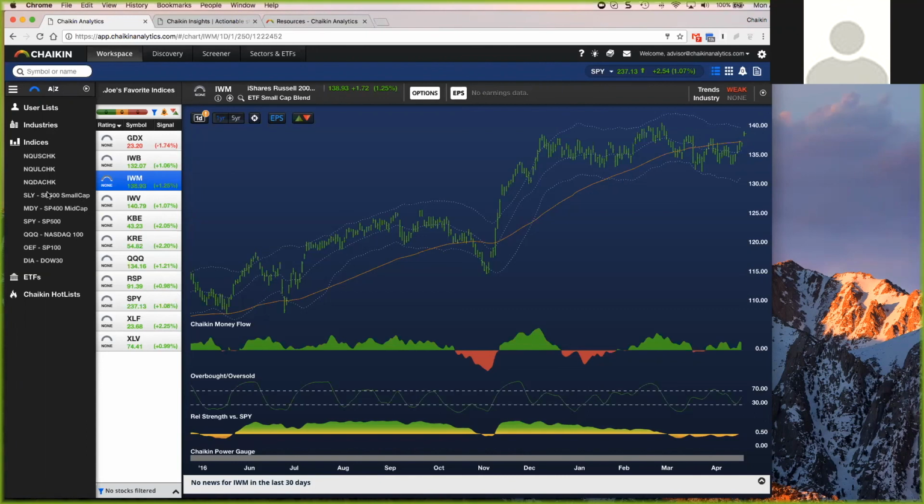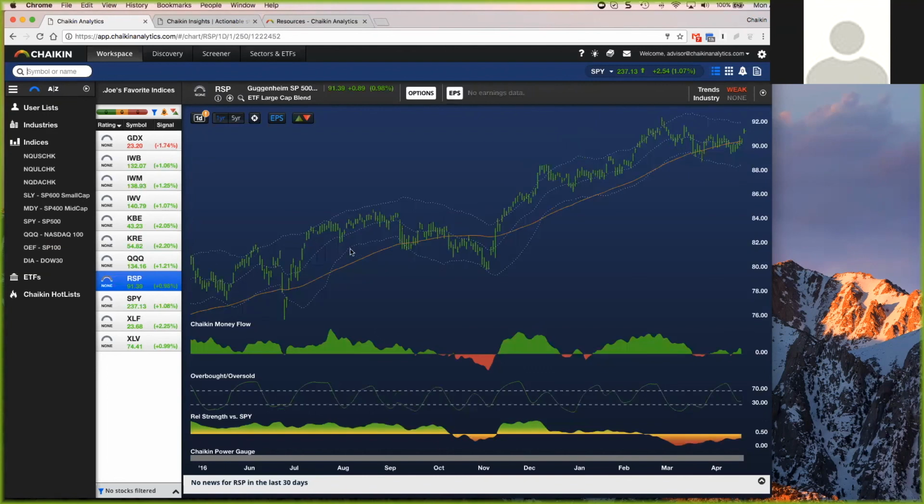So notice how the NASDAQ is here. You can simply go ahead and focus on Qs. And when you do that, you'll have that updated here. So I have that in my list. Something else that gets cited pretty frequently in market insights is the RSP, the equal weighted ETF for the S&P 500.